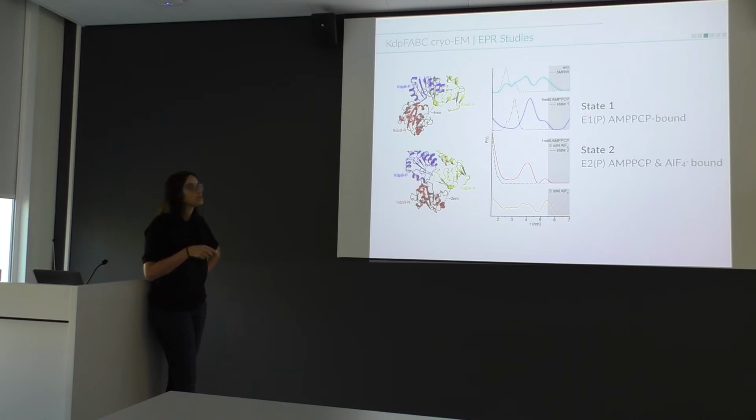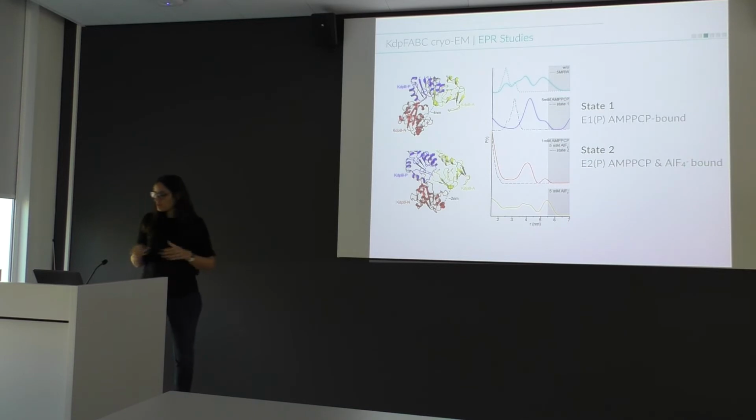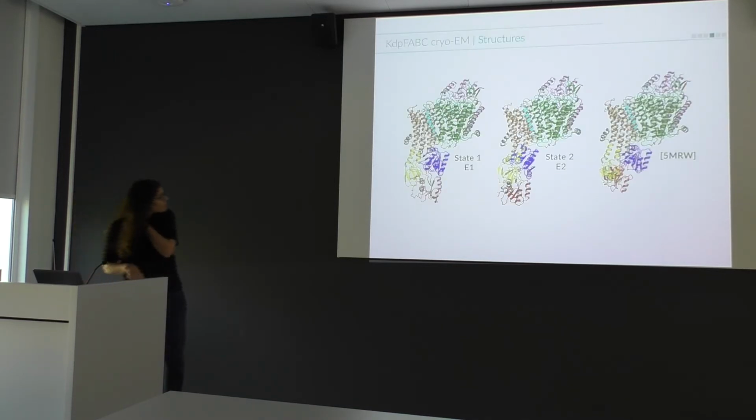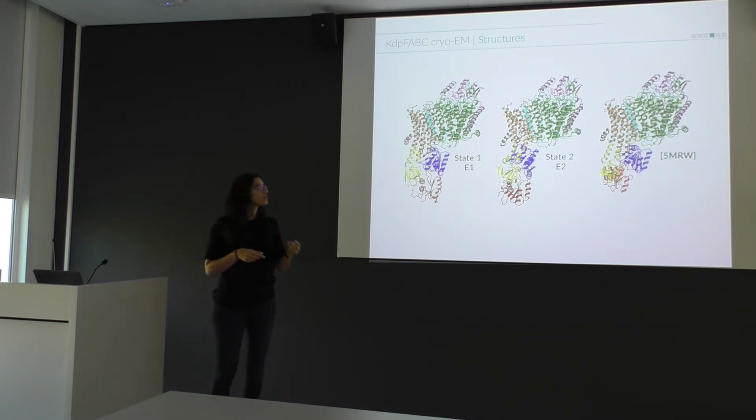So this was one of the inhibitors that we had. And the second population that we have is then the E2, probably also phosphorylated, AMP-PCP and aluminum fluoride bound. But for the rest of the story, this actually doesn't matter so much, so don't worry. So what is new? What can we learn? Now, together with the X-ray structure that's published, we have 3 structures of the protein,